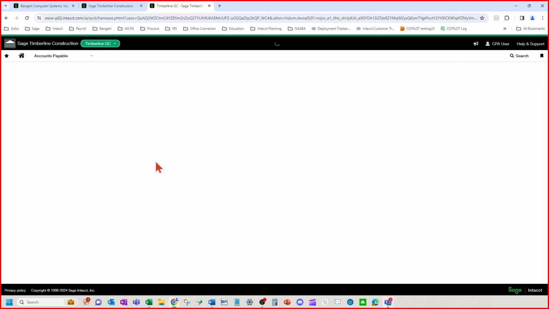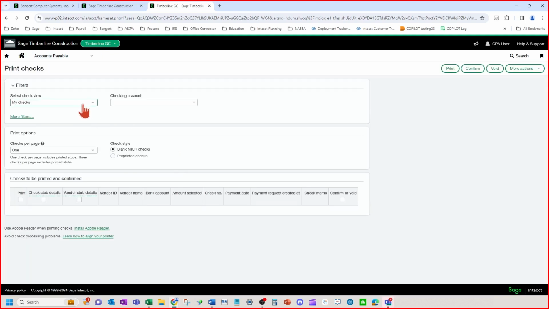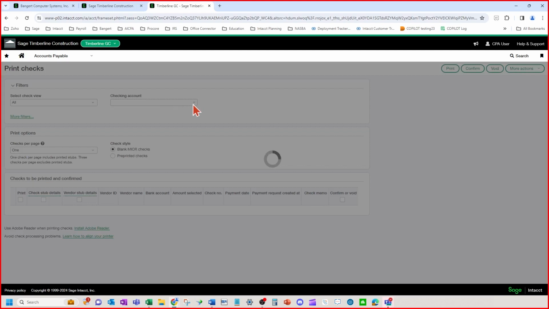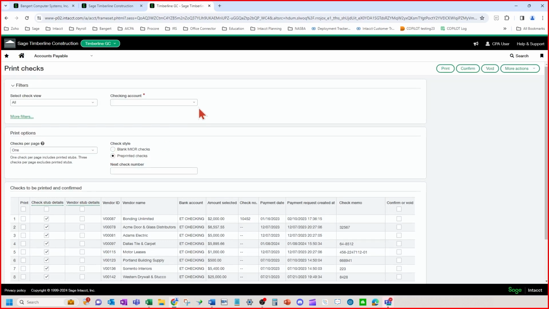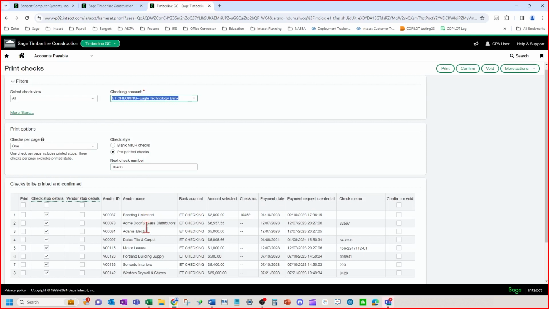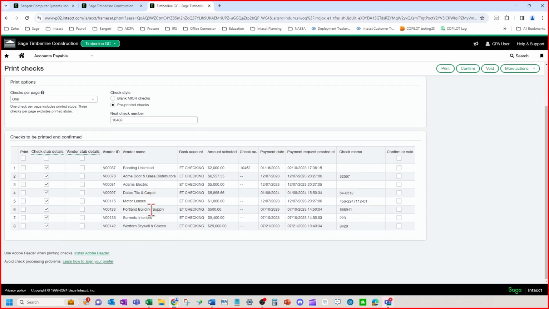So let's go over here. I'm going to pick our checking account. I have to pick my style first. It's kind of quirky. It's in the out of order a little bit, but now you can see those checks ready to print. So that is the process to approve payments when you have an AP clerk, a controller maybe, or CFO approving after the fact, and then how it approves and declines.